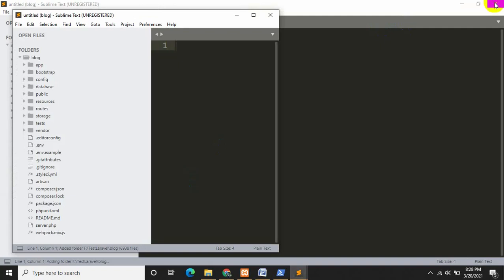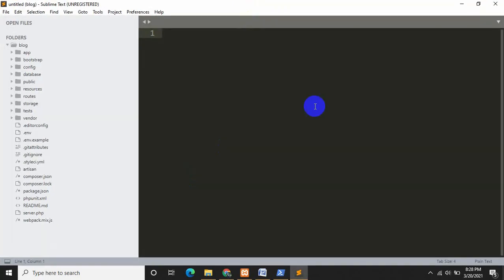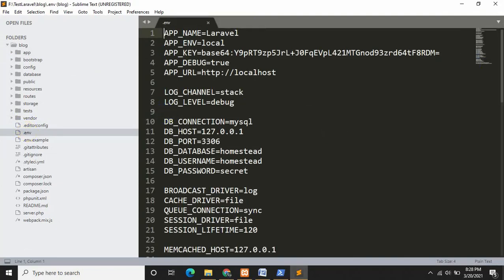Okay, I will just close this one. So let's go to our .env. Over here, this is where we basically write our project name, which is Laravel, and here you can see that our database connection is MySQL, and you need to give your database name, then a username, and then a password.